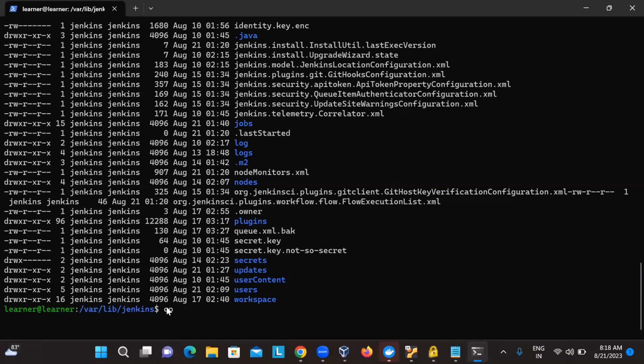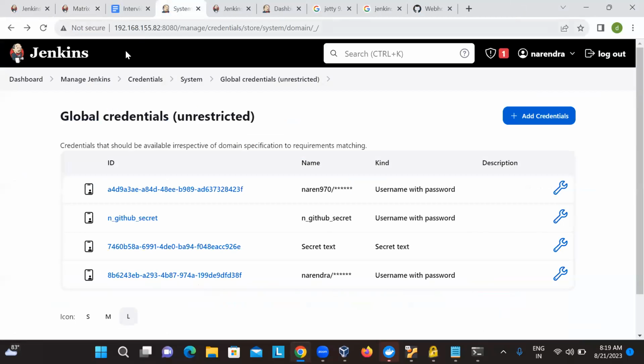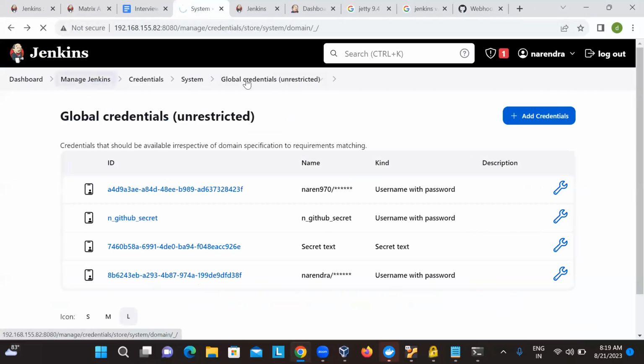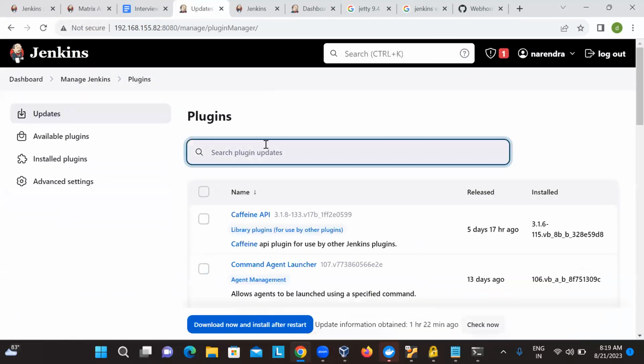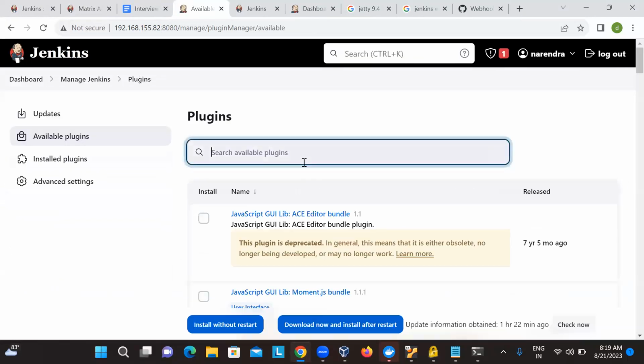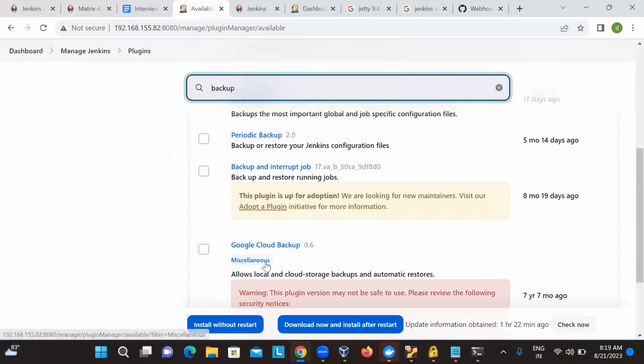Another way, manually, they would do it: copy -r /var/lib/jenkins to some other place, like they'll take a tar file or something. This is one way of taking a backup file. Another way of taking a backup file is they go to your Jenkins server and use plugins. The plugins provide a backup, something like this. They have a backup plugin,